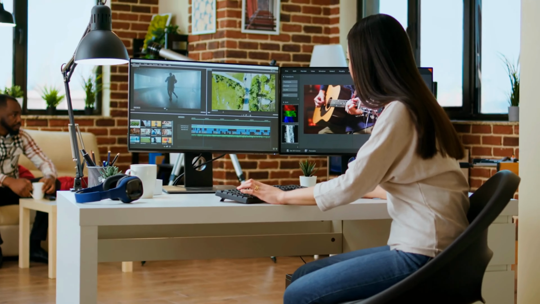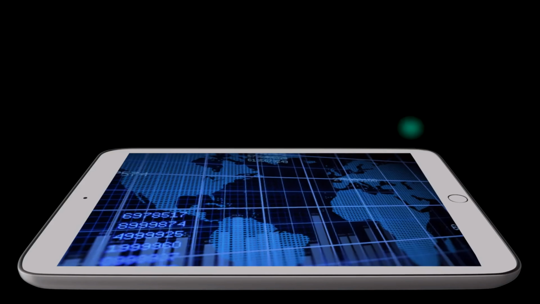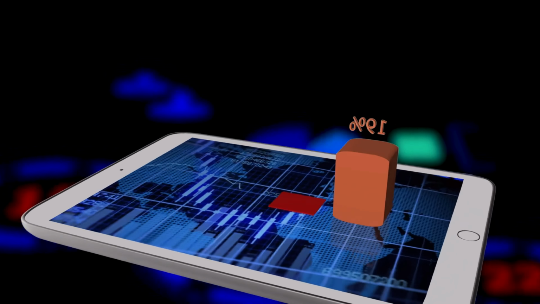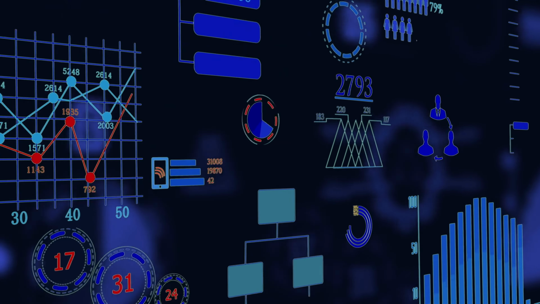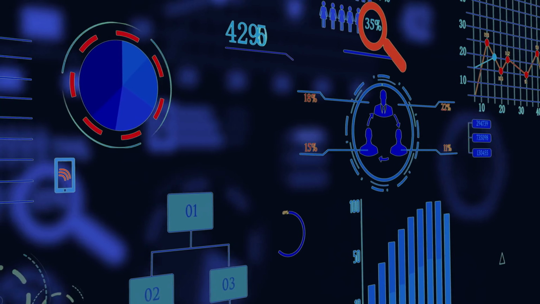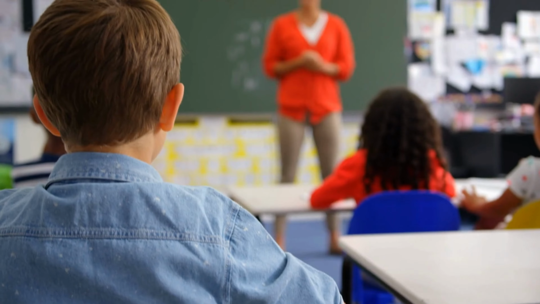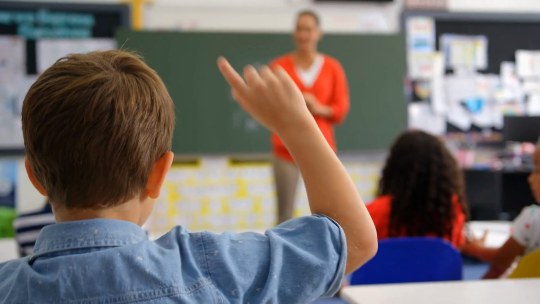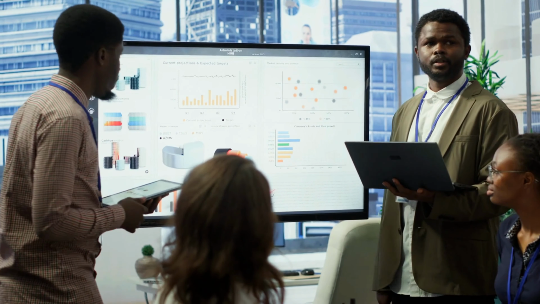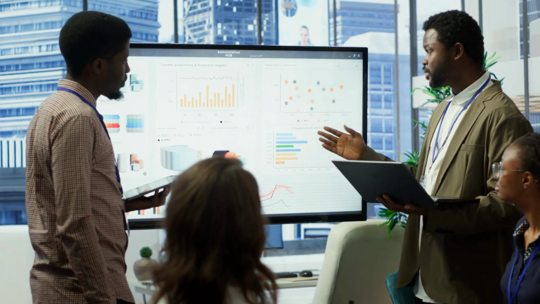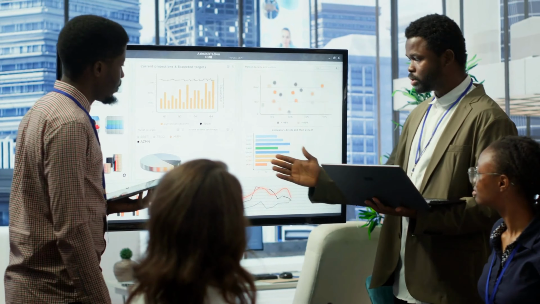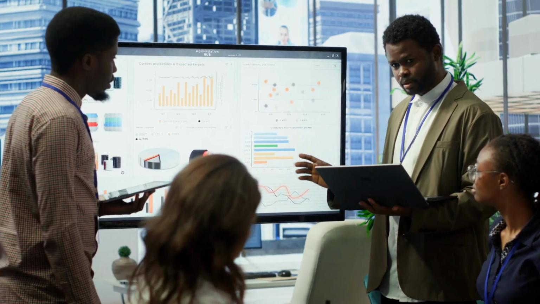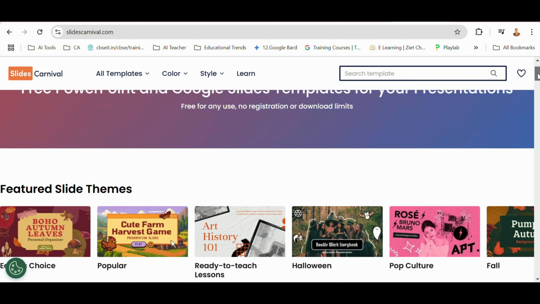and greatest tech tools. Today, I'll be showing you a game changer for creating stunning presentations, and the best part, it's free. Get ready to dive into the amazing world of Slides Carnival. Whether it's for a lesson, a seminar, or a school event, we all know how much impact a visually engaging presentation can have. But high quality templates often come with a price tag, right? Well, not anymore. Today, I'll guide you step by step on how to access professional grade templates using Slides Carnival